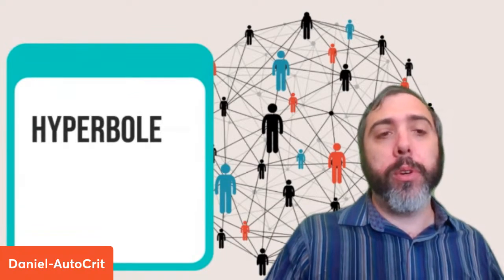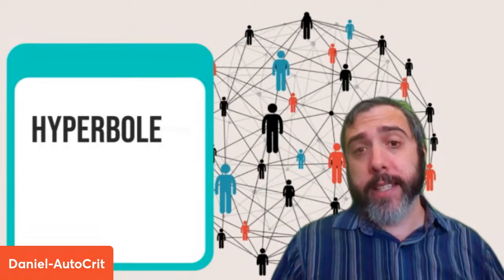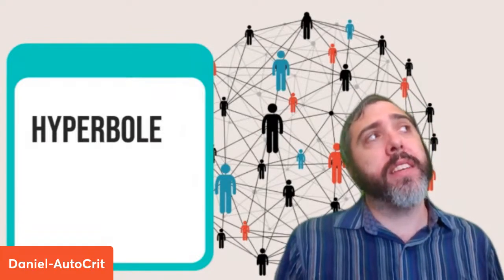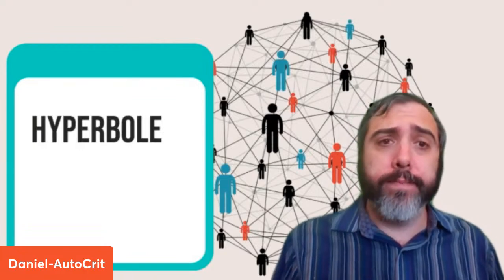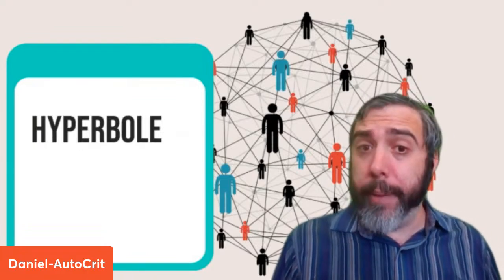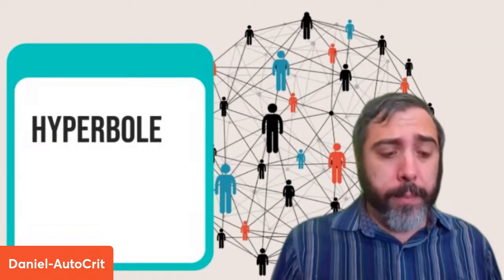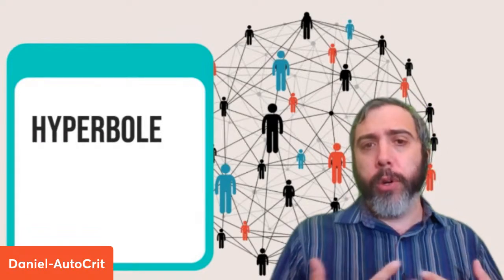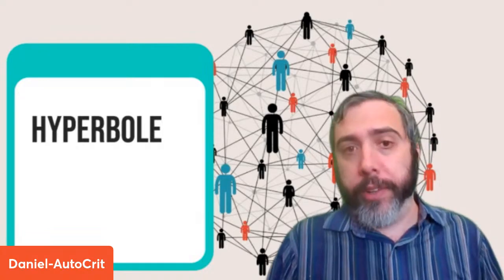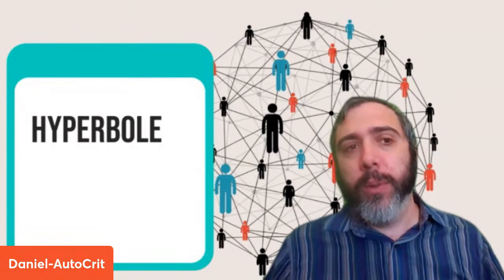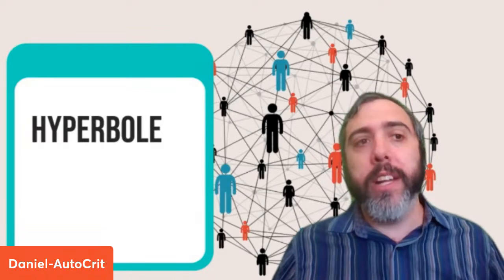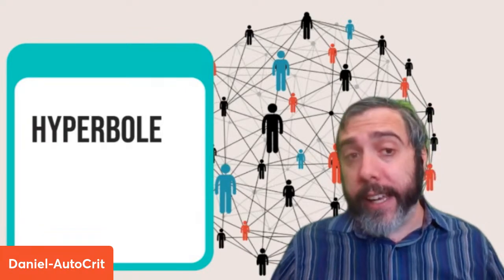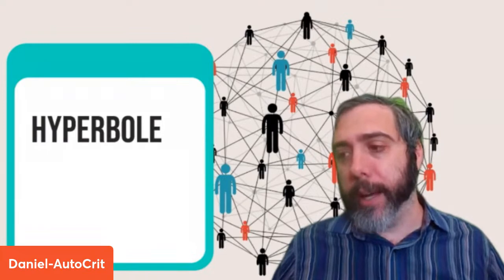Hyperbole. This is a popular way of showing subtext. When you have people say things that are quite exaggerated, well, there's a subtext to that, right? The subtext could be that they're very excited about it, so they're overexaggerating. It could be that maybe they're very angry, right? It's an emotional exclamation point on what they're doing. So if they're like, this is the most important thing ever, well, obviously they don't really think that, right? That's not literally true. But what it does tell you is how important they think it is, that it is very important to them, right?